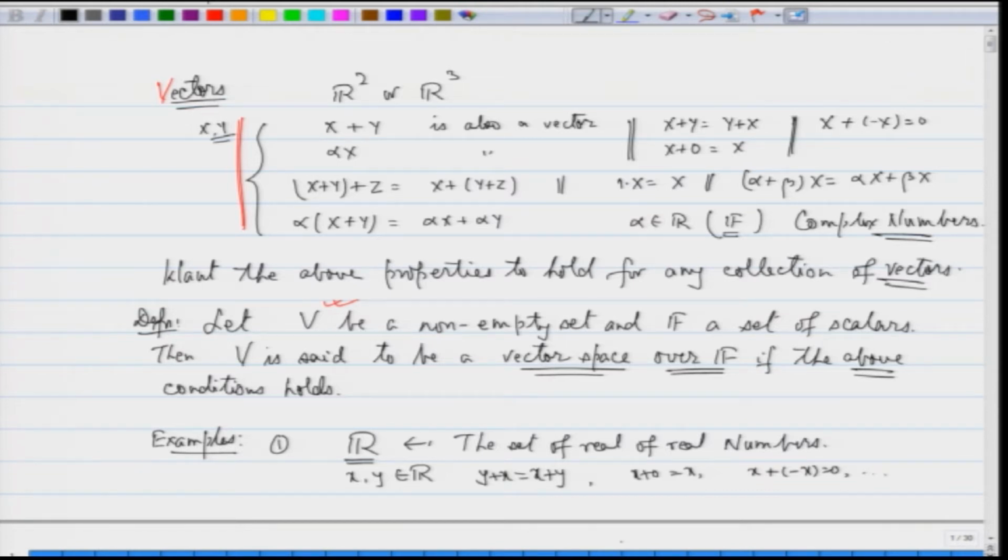Here it turns out that I can take F to be R itself, because a real number can be multiplied with a real number to get a real number. I can also take F to be Q, set of rationals, fine, because a rational times a real number is a real number. So, the multiplication by alpha, where alpha is a rational number, is a meaningful object, and hence I can say